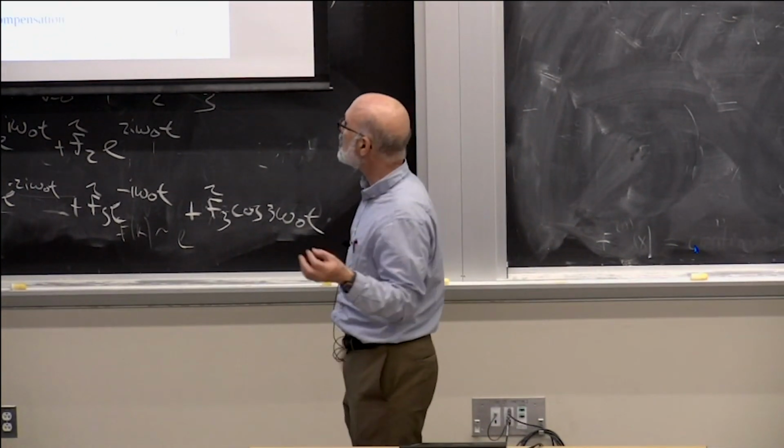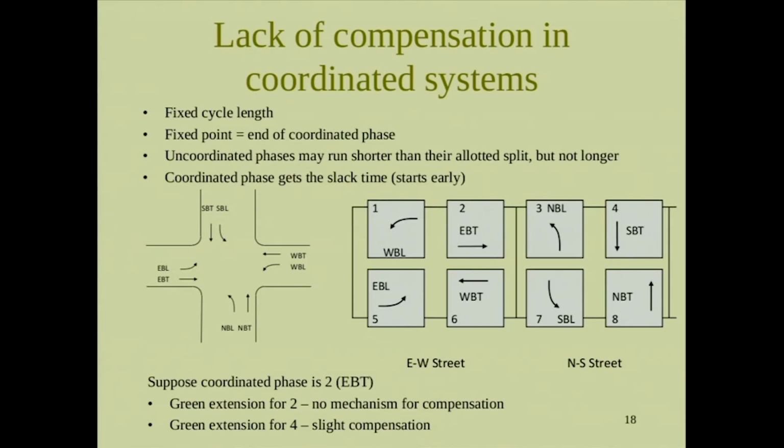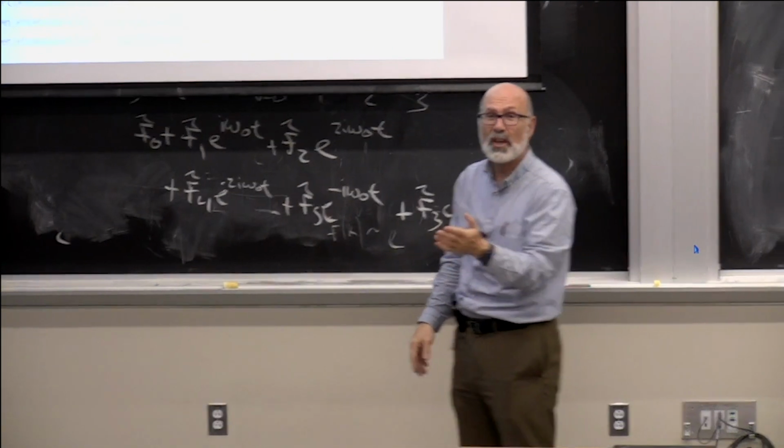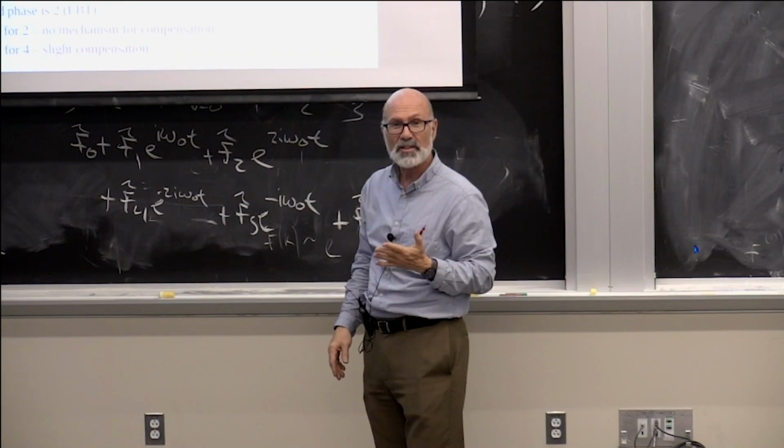Now, what I want you to think about is, suppose the bus is on phase 2, which is a common case. That's your main street, the street that's coordinated. And the bus says, I need an extension. Extend the green. All right, we're going to borrow some time from the later phases. So we're going to hold the light green an extra 15 seconds.